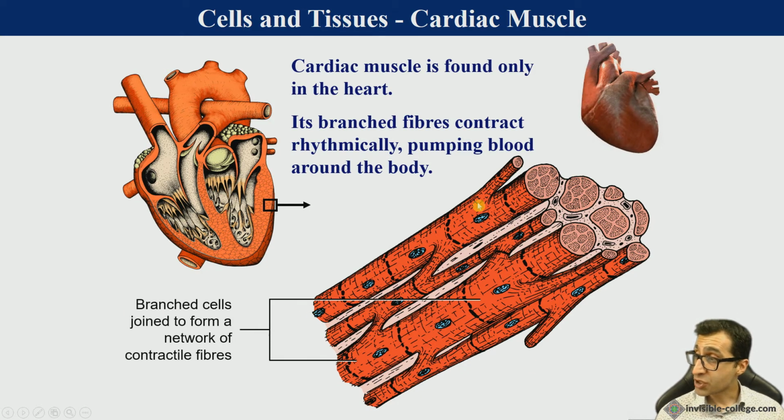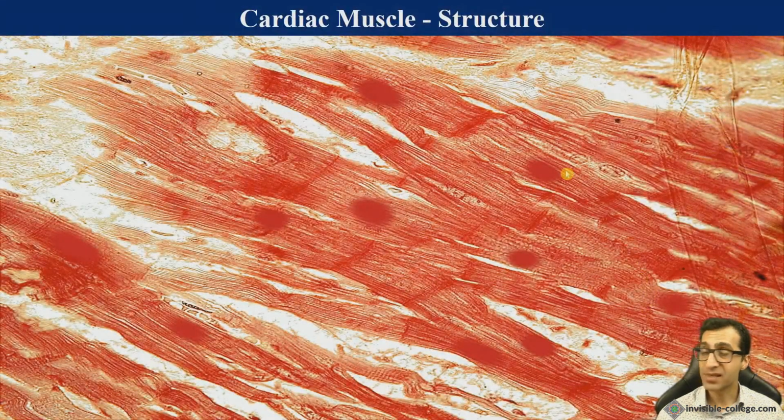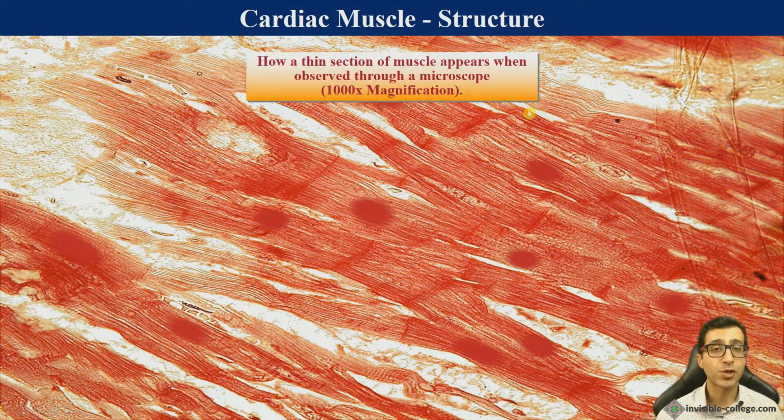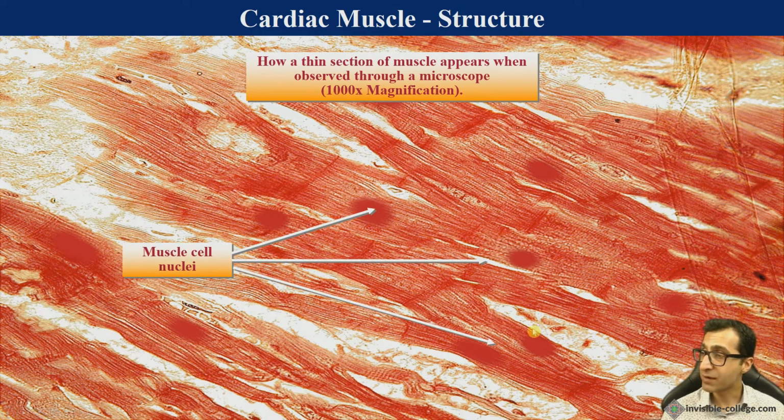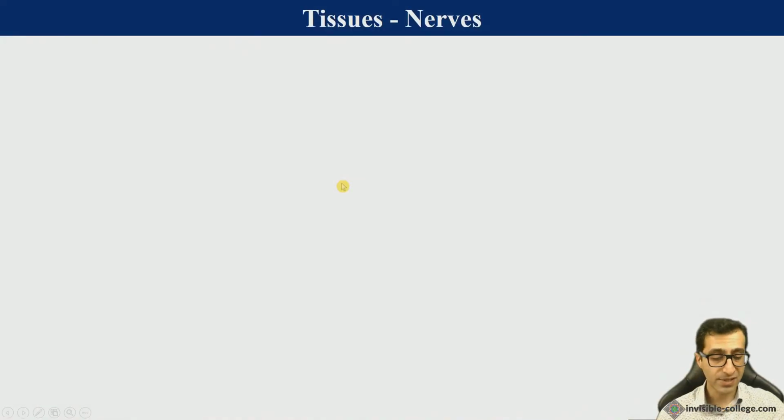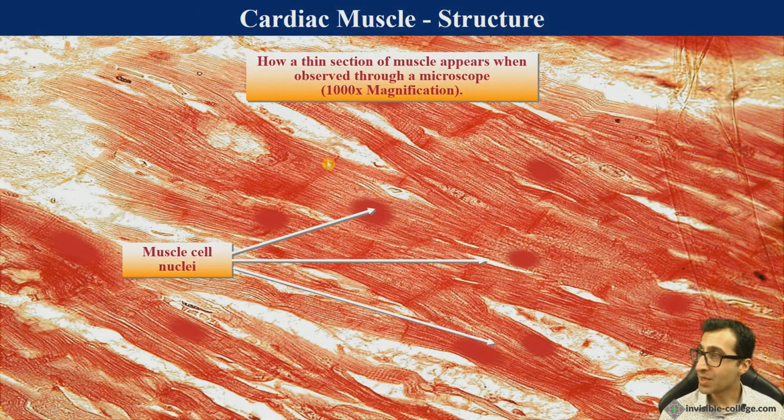So we have branched cells forming a network of contractile fibers. Now in this micrograph here we can see it as it actually appears under a microscope at about 1,000 times magnification. So here we can see 3 different muscle cell nuclei. We can also see the intercalated discs. If I go back here, we can see the thickenings of the adjacent cell membranes between 2 muscle fibers